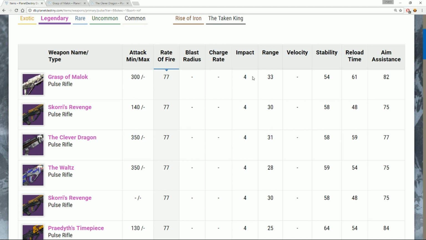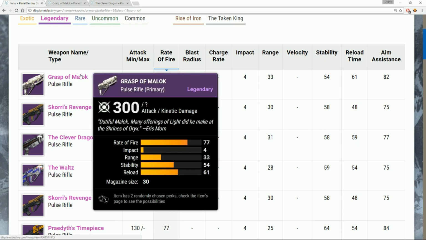So, just looking at the base stats, the Waltz is kind of base. Just don't go for it. It's okay, but not as good as Grasp of Malak or Clever Dragon. As you can see, both Grasp of Malak and Clever Dragon go over 30 range, with Grasp of Malak being ever so slightly higher. The Clever Dragon has slightly higher stability, slightly worse reload time, slightly worse aim assist than Grasp of Malak. So Grasp of Malak overall, I feel like, is the slightly better one than Clever Dragon, but